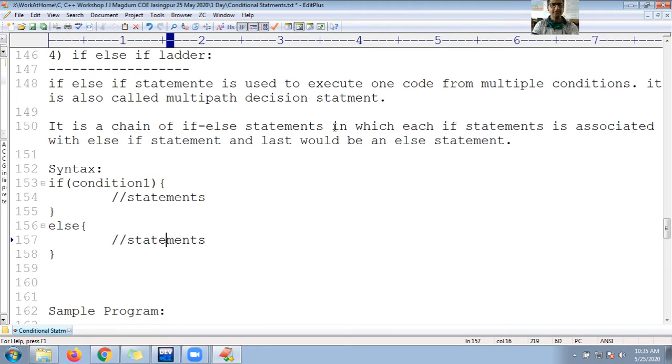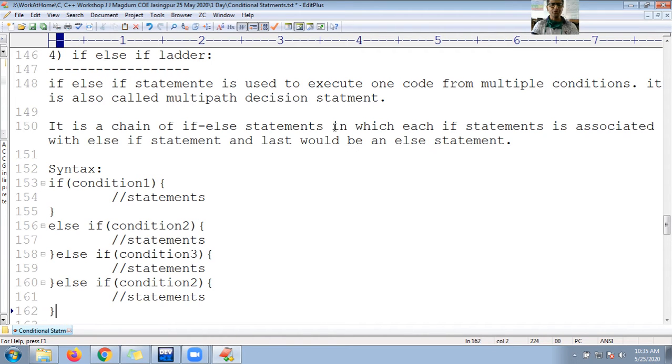Now I said ladder, so again I'm going to use if and else. Else again if, here is condition 2. Again I have to use else, and if you want to go for one more, else if condition 3.